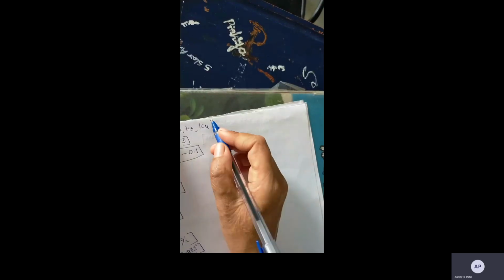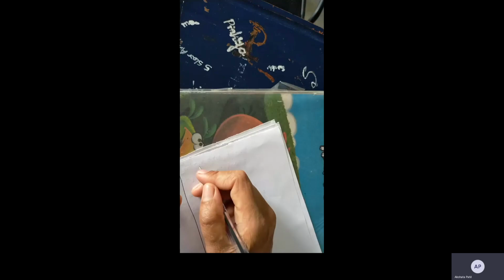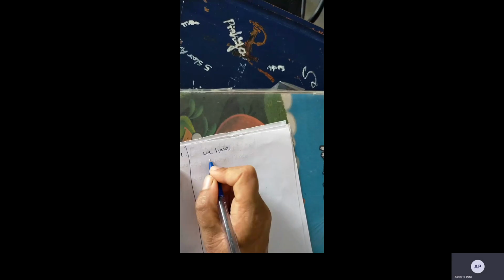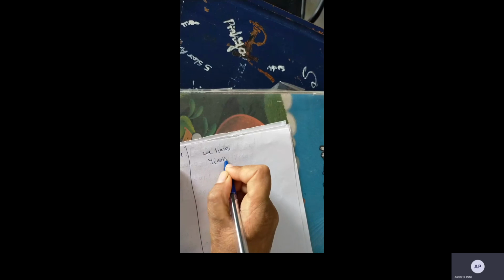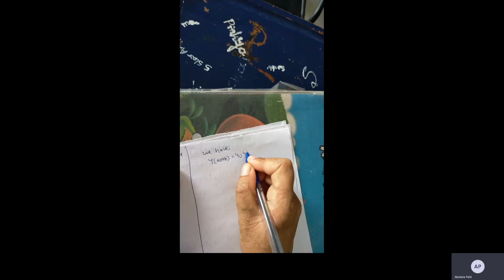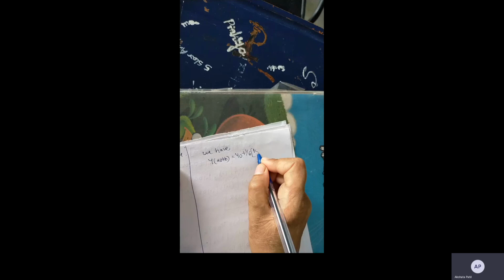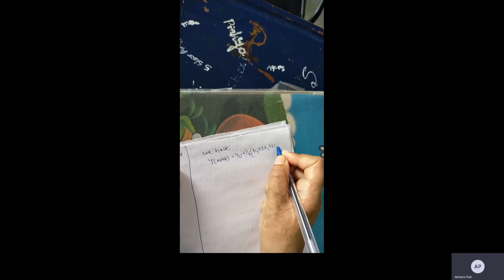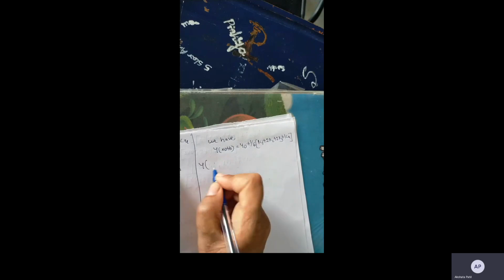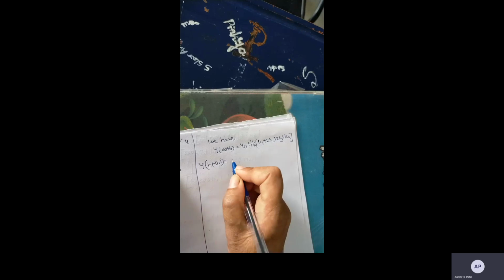Once you calculate k4, now substitute all the values of k1, k2, k3 and k4 in the formula of y of x naught plus h. So let us write it here. y of x naught plus h is equal to y naught plus 1 by 6 into k1 plus 2k2 plus 2k3 plus k4. Now let us substitute the values here. y of x0 plus h, that is y of 1 plus 0.1, is equal to